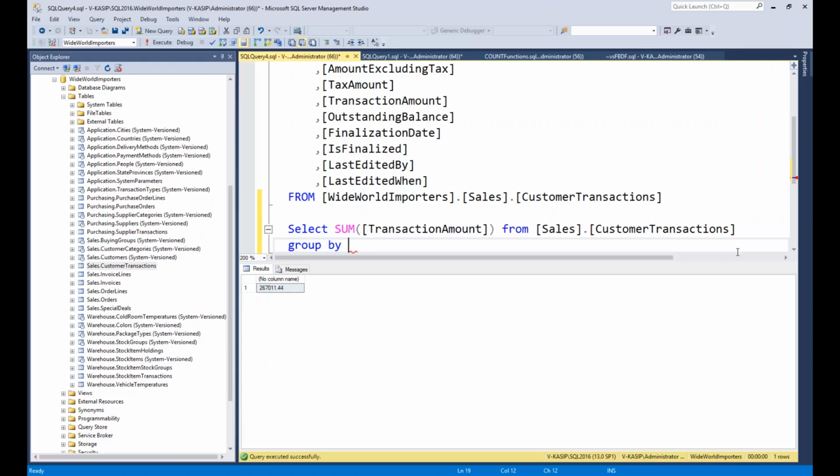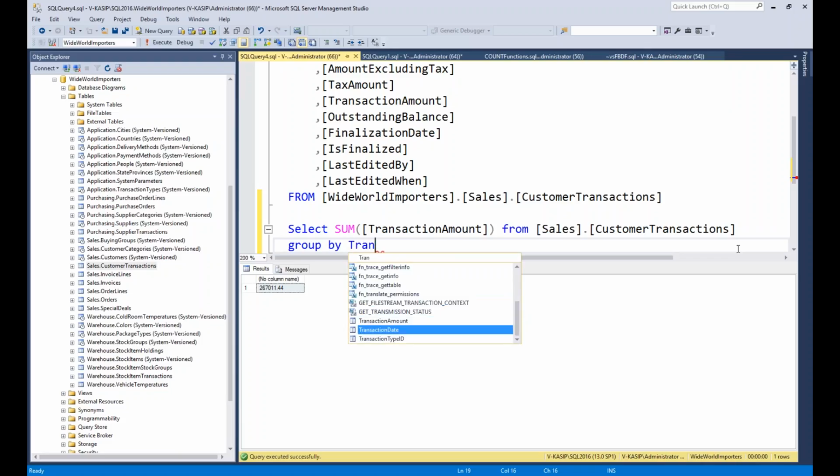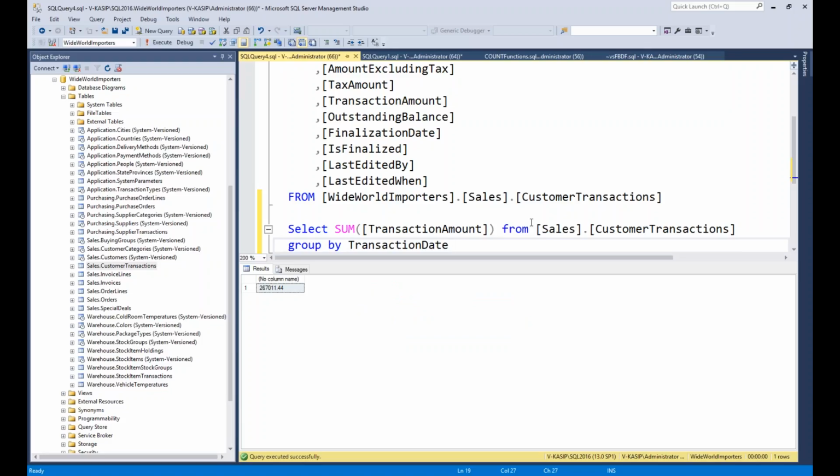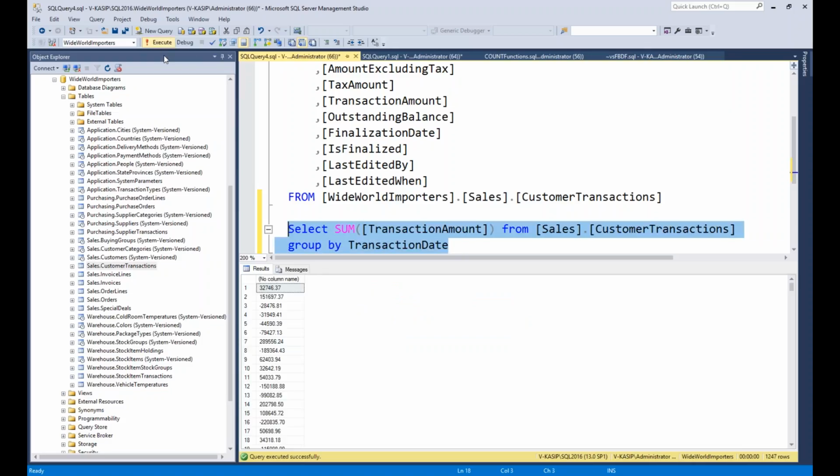year wise. So there is a transaction date, but the date is in a complete date format, right? If I do it like this, if you see here, it gives me different rows. Each date wise, totally 1247 days the transactions happened, and each date wise it is. I want to see the date also, then I can get